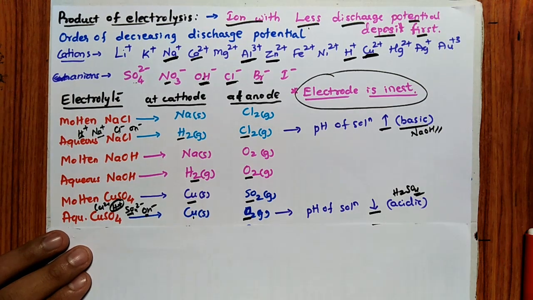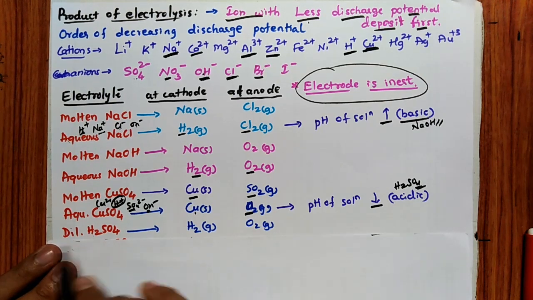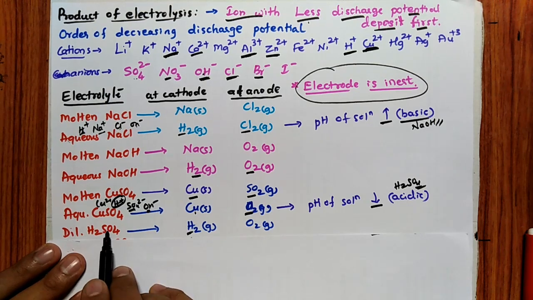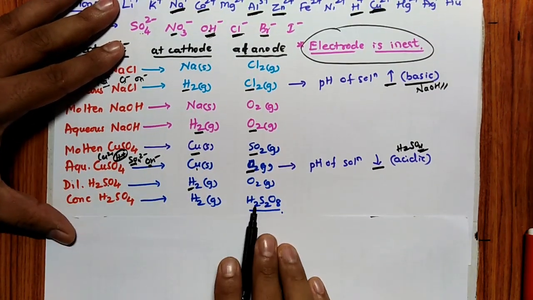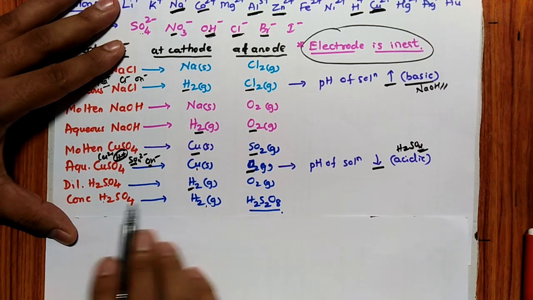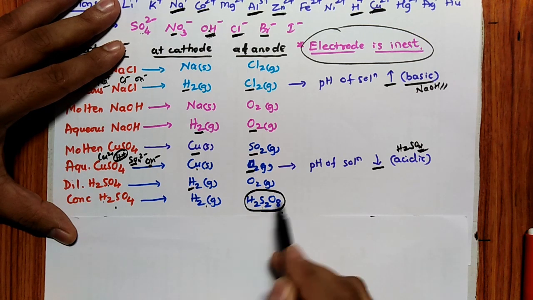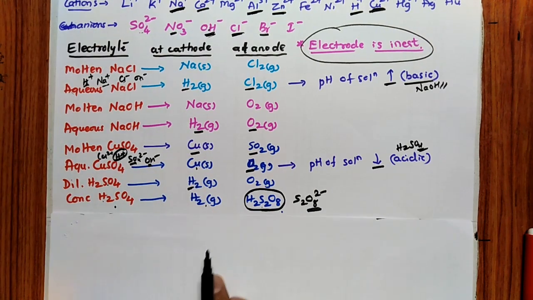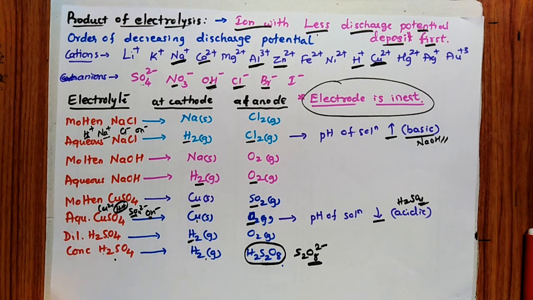Right. So for you, dilute H2SO4. See, dilute H2SO4. H plus, both the water and H2SO4 have H plus, no doubt. Sulfate and OH minus, dilute means OH minus is there, so O2 gas liberates first, from OH minus. If it is concentrated sulfuric acid, then H2 and H2S2O8. Remember H2 gas, no doubt. But SO4 2 minus liberates as peroxodisulfuric acid. Remember S2O8 2 minus will be formed. This is about the products of electrolysis. Remember this particular part, very important for CET, NEET and JEE.